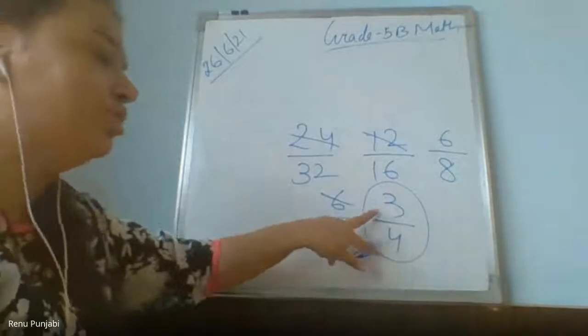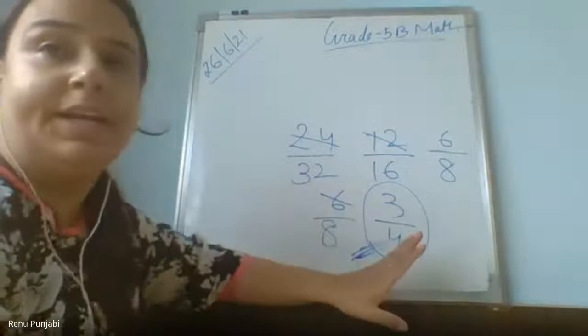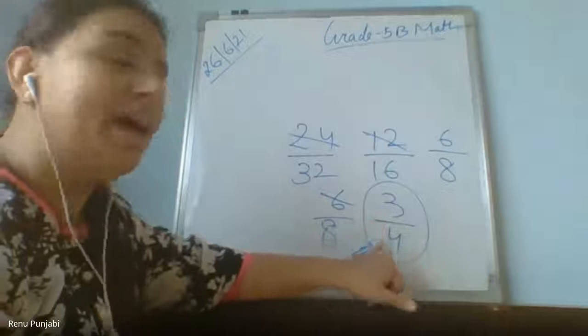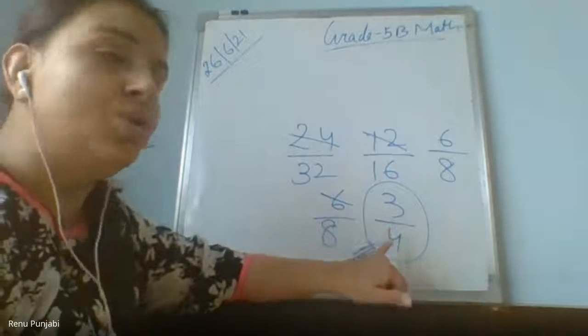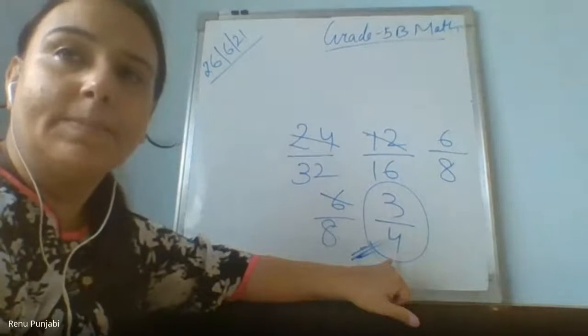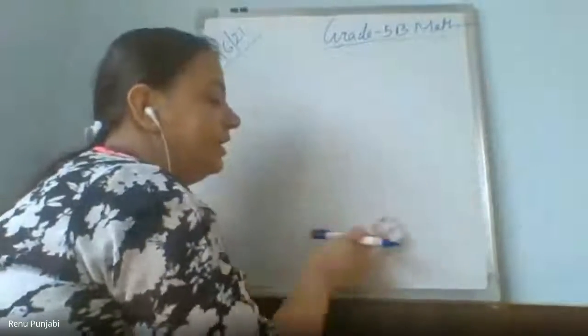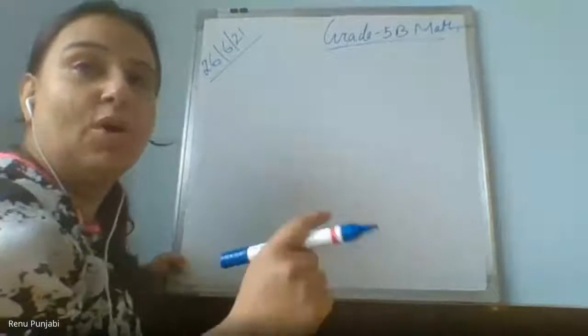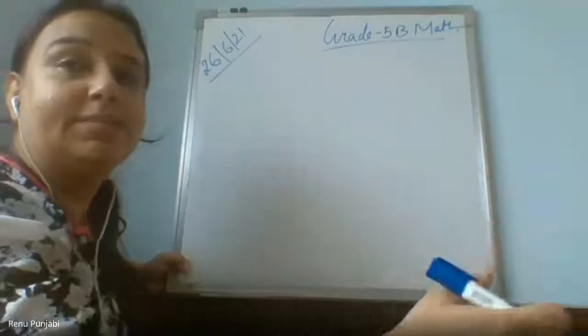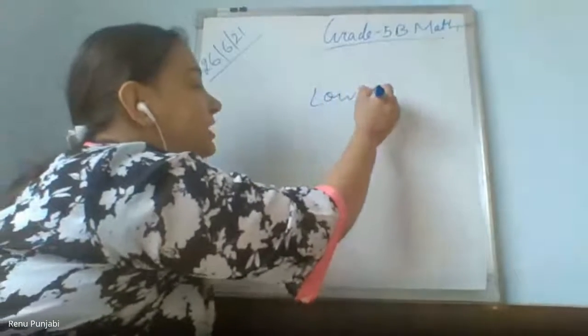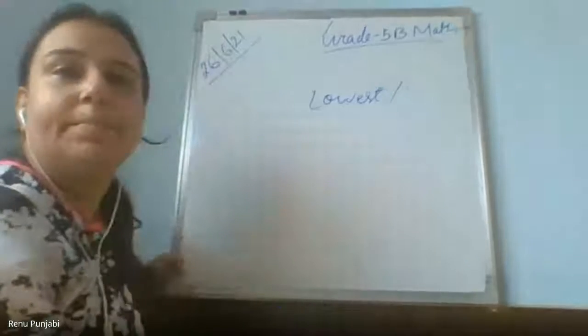Now why we cannot make the short form? Now 3 and 4 are not coming in any table. 1 को नहीं accept करना है हमें. 1 के अलावा ये किसी table में आते हैं? No. They both are coming in their own table. Yes or no, students? Yes. So better, that's why I'm using the word use the big table, so that directly it can be done the short form. If you use the small table, that also right, but it will take time to come up the lowest fraction. To come up the word lowest, I'm using lowest fraction or the short form of the fraction, same thing. Okay.